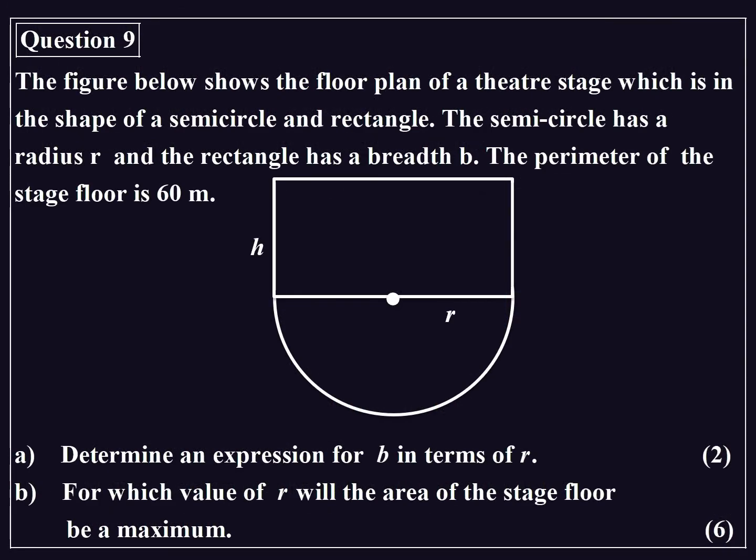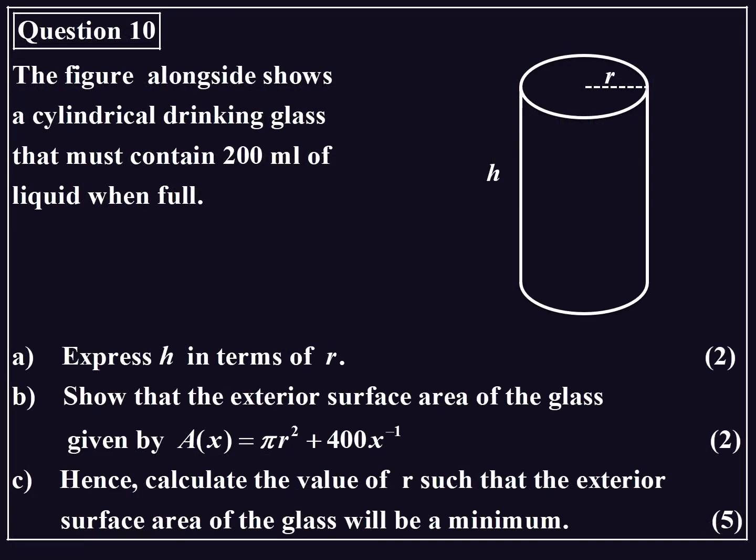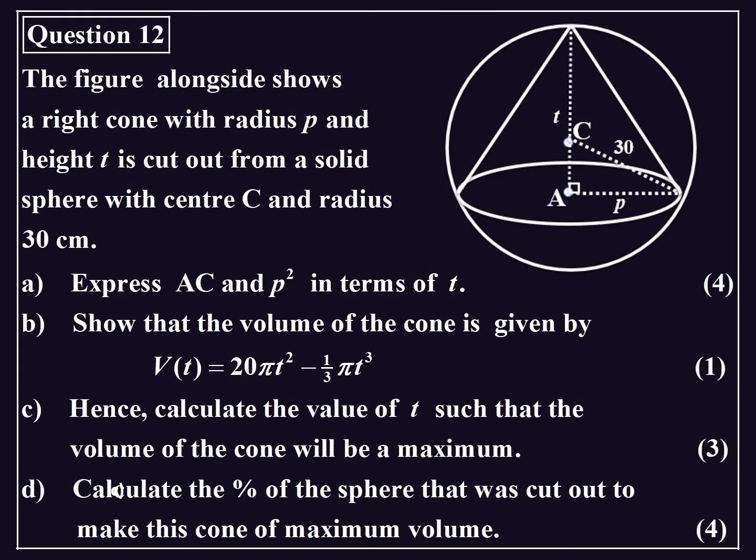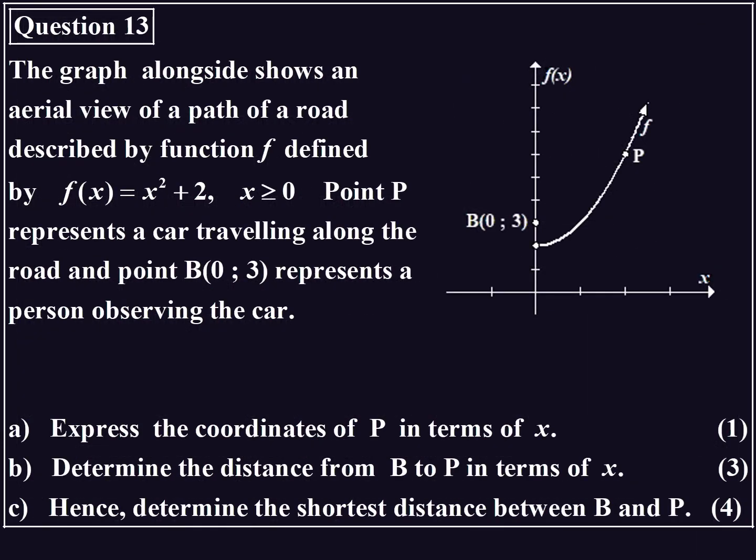Then we have example number 9. These questions came out of previous grade 12 external examination questions. There we have another one. Maybe you recognize that, just with some different values. And then we have something a little different. And then we have a cone and a sphere. I've left out the formula. I don't have enough space, but you can quickly look. 13, there's a question again pertaining to a